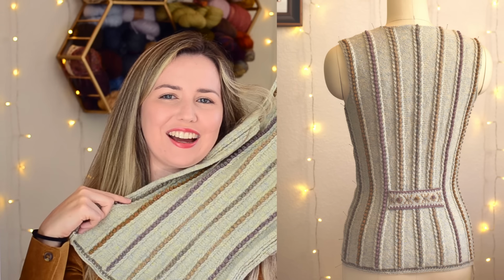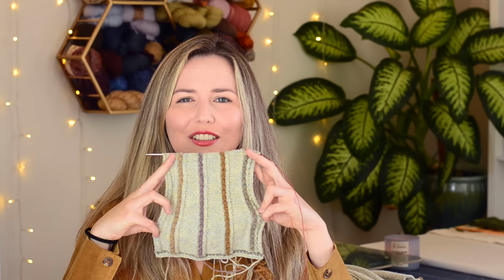But I've also started working on one of the front panels for this project. So I've also started on the left front of the cardigan, and this is how it's coming out already. I feel like I've actually gotten a lot done on this. I think I'm maybe halfway through. No, that doesn't look long enough. Maybe not halfway through. But I've really been trying to knock out some rows this week